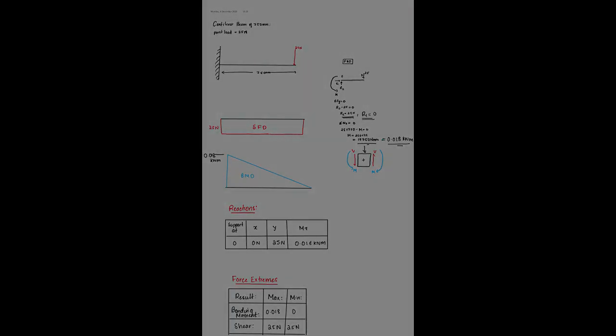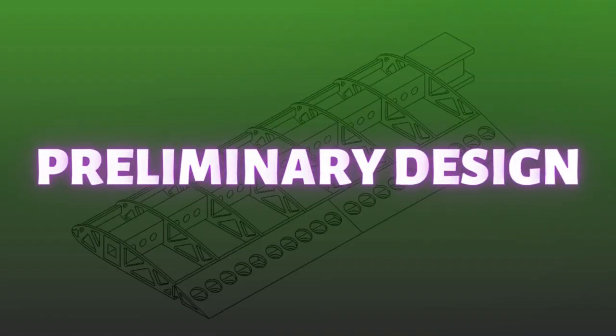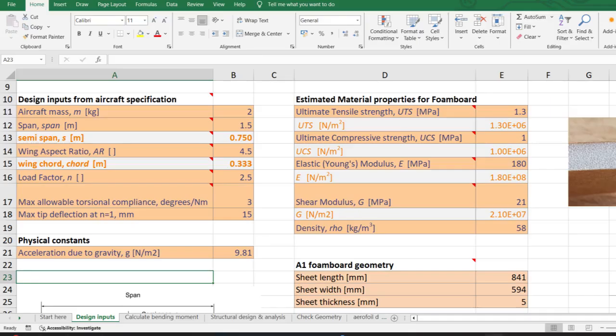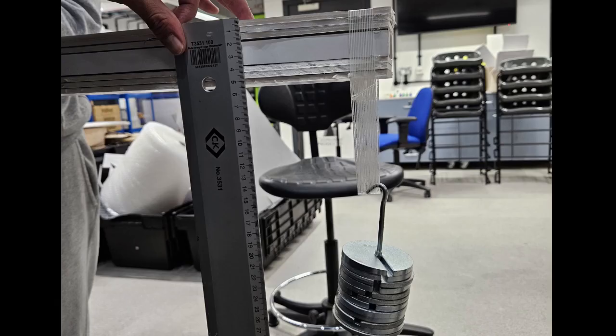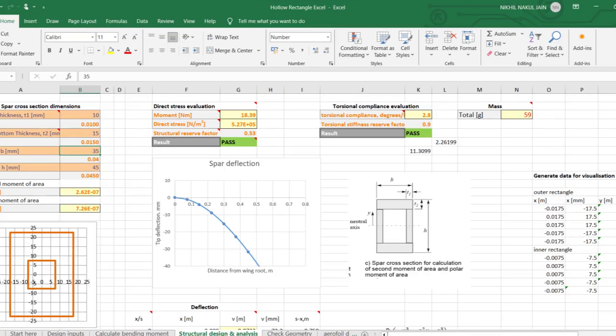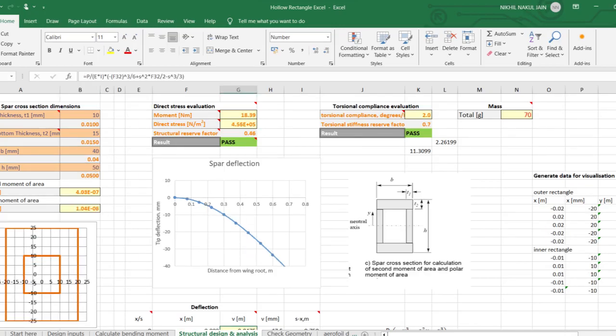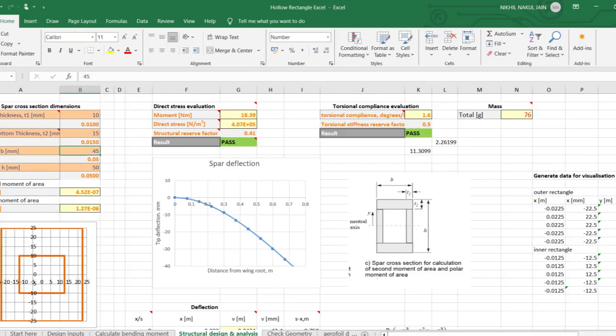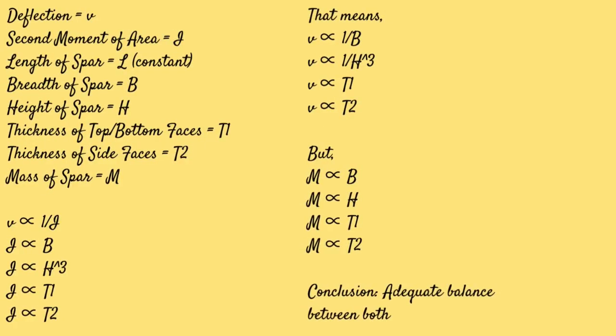acting on it. For a preliminary design, we input values into Excel, changed parameters, and tested the basic spar design in the first lab session. It was evident that increasing the dimensions and thickness of the box beam decreased the deflection, but it also increased the mass of the spar. Therefore, we decided to strike a balance halfway between the lightest spar and the strongest one, and agreed on the following